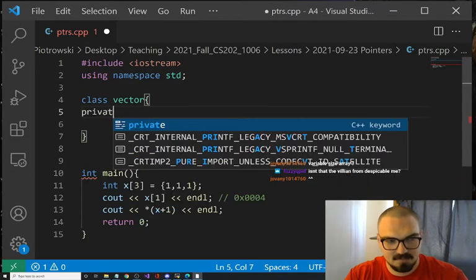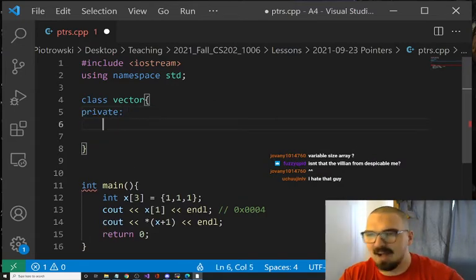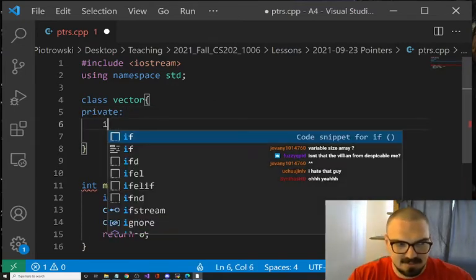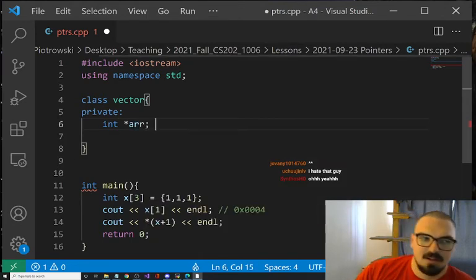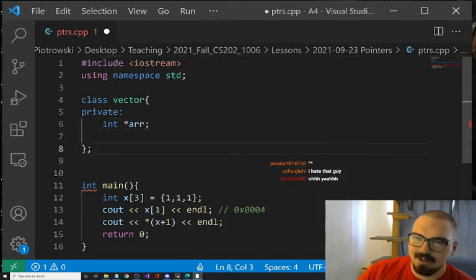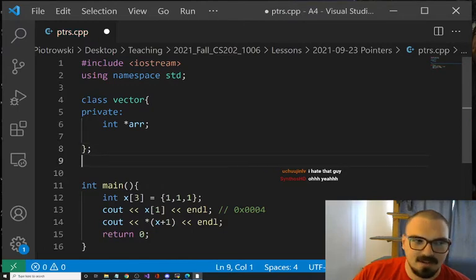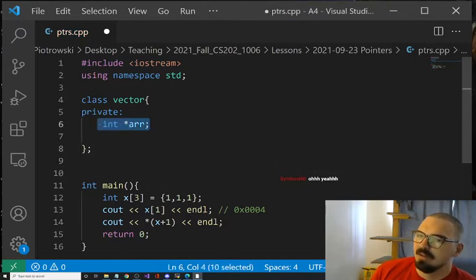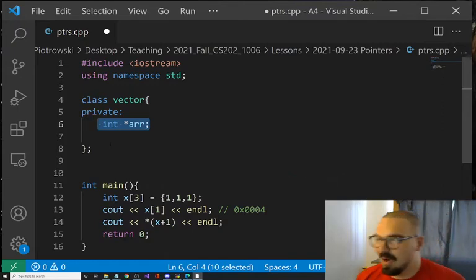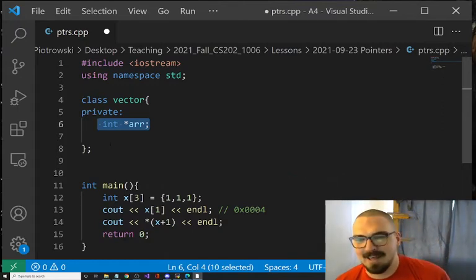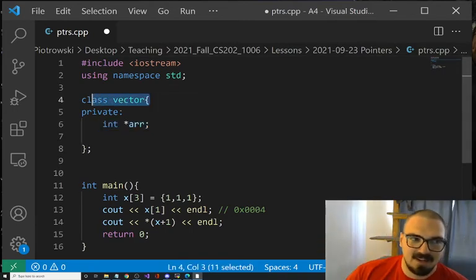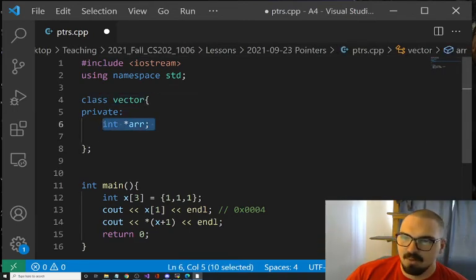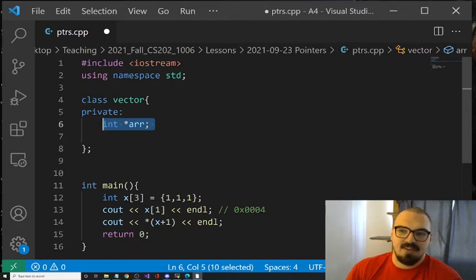I don't know. You know what a vector is, Top Wolf? It's this. Let's say it's for ints. It's a class that someone made that has a pointer in it. So yeah, you could use a vector if you wanted to, but you need to learn how that thing works. Someone made a class vector, and inside of it, it has a pointer. That's what a vector is.